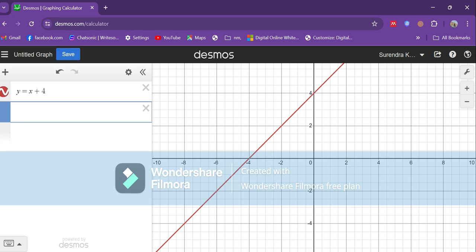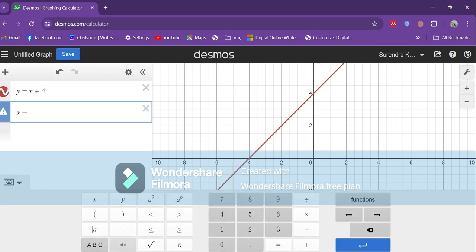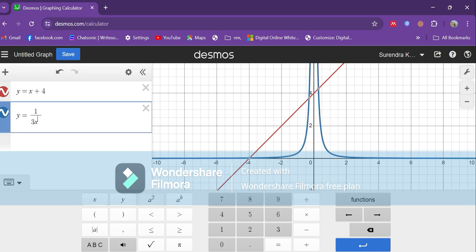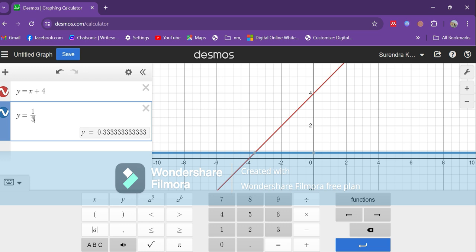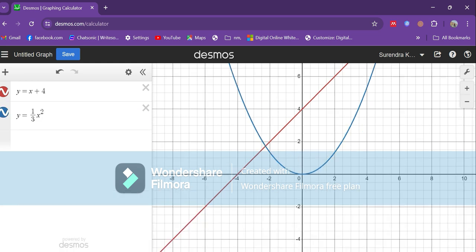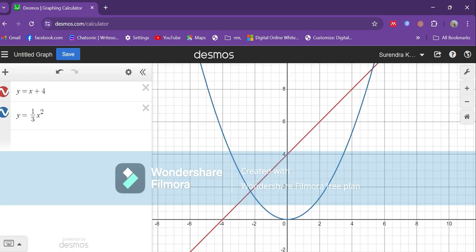Similarly, another equation. Next, plot a graph y equals one third x squared. To identify the point of intersection of the parabola and the straight line,